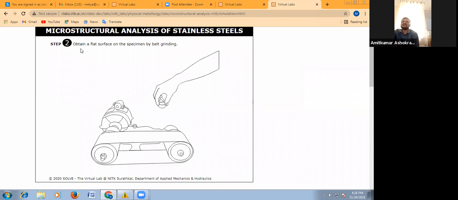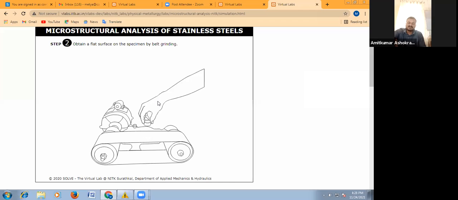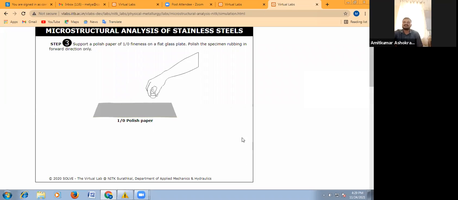Then initially a flat surface will be obtained with the help of the belt grinder. I am just revising this method. After obtaining the flat surface with the belt grinder, then rough polishing is done with the help of polishing paper. Initially rough paper is marked by 1, and one by one we take the next papers with finer sizes, from 1 to 4.